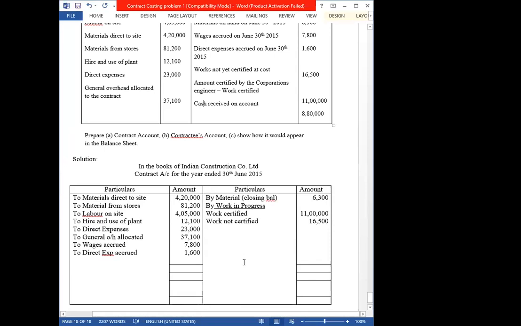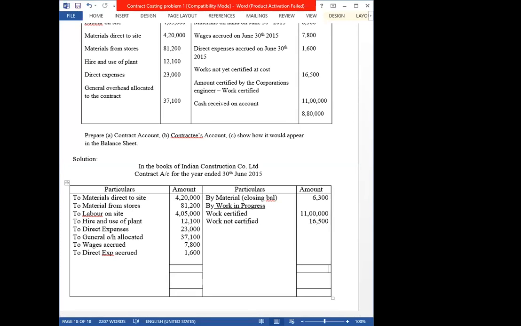So we are going to close this. For that, you are going to check the total. Which side you are having more total, whether it is credit side or debit side. Roughly, the credit side total is coming more. So how much is it coming? The total of credit side is 11 lakh 22,800. Am I right? Kindly check whether it is correct or not. Yes, the credit side total is 11 lakh 22,800. The same total I am writing in the debit side, and the difference is called as notional profit.